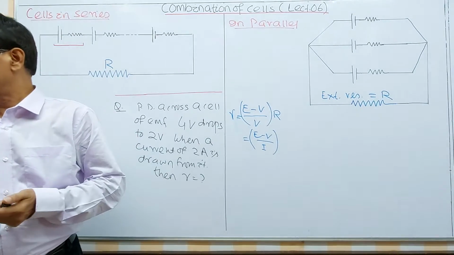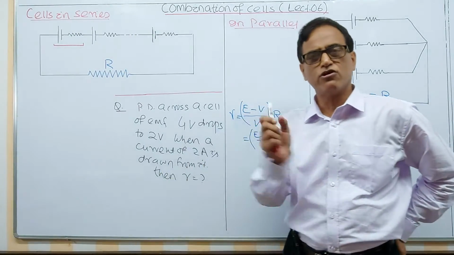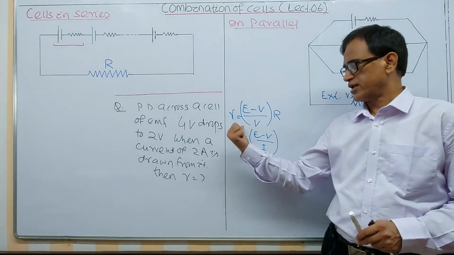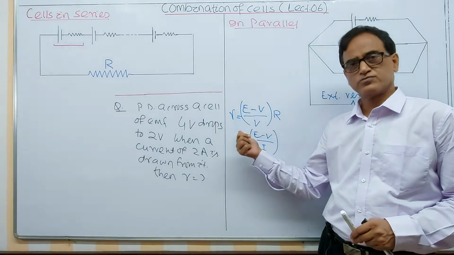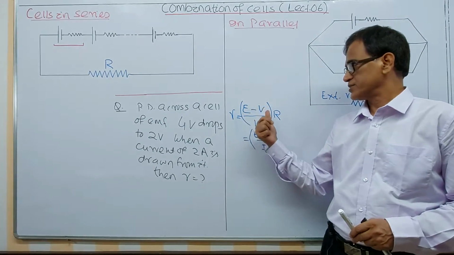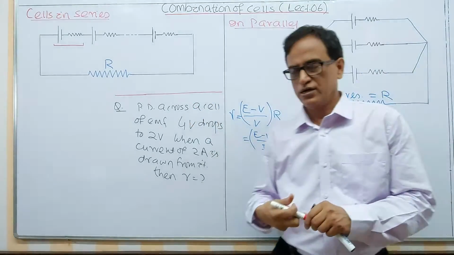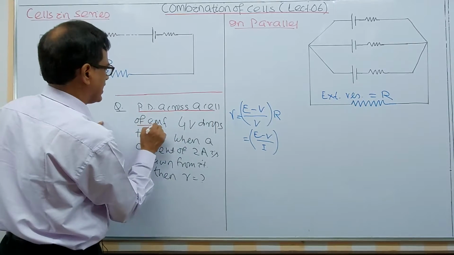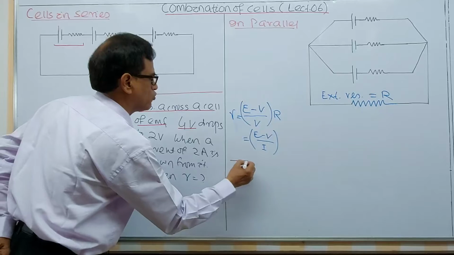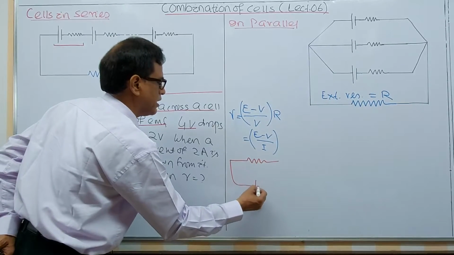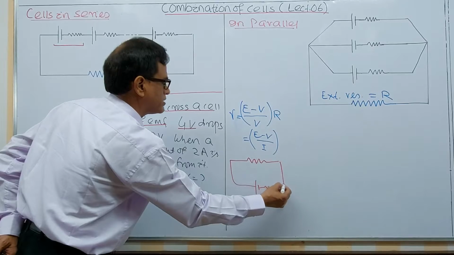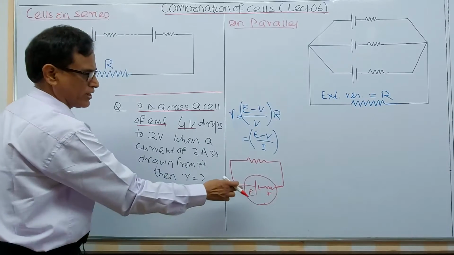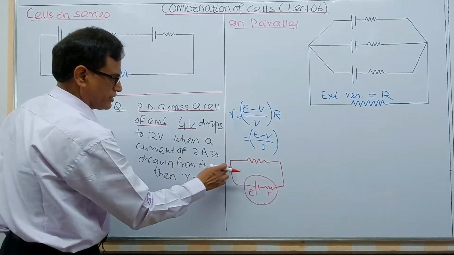And this was a 2 marks question. I think the students are unable to follow this question at first. I am again telling you, this is the only formula for internal resistance under consideration in this part. So r equals E minus V by V into R. The question is about the potential difference across a cell of EMF 4 volt. You have a resistance in the circuit, and here is the internal resistance. This is the EMF, this is the internal resistance, this was the cell. You can never change it. Now they say here is a switch.